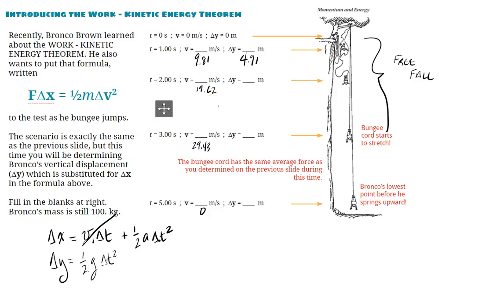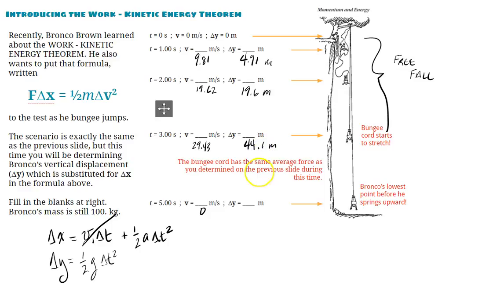Then we do the same thing, 0.5 times 9.81 times 2 squared, which gives us 19.62. If you remember, Galileo told us that the relationship between the distance something travels and the time it takes when it's being accelerated is a squared relationship, and that's why we use this formula. And then down here we go